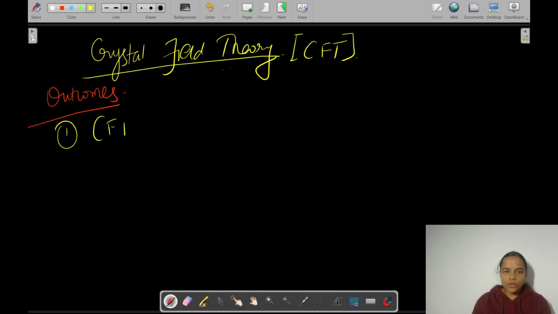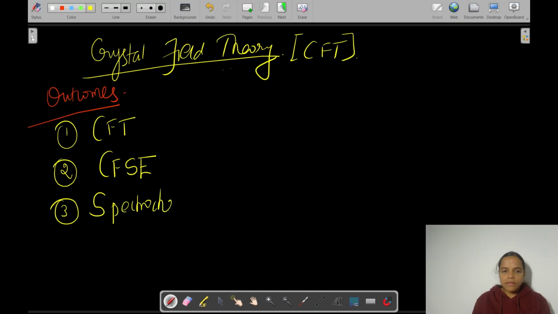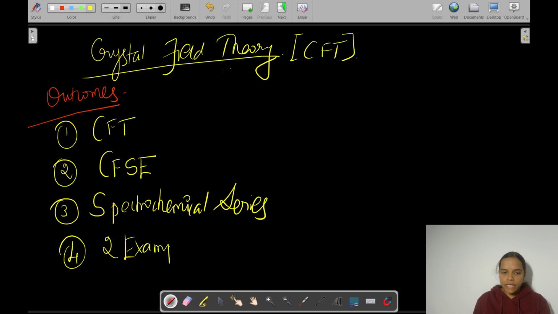See what is the use of CFT, the crystal field theory, and how it leads us to a much more important concept of crystal field stabilization energy. And as a follow up, we will concentrate on the spectrochemical series, and finally we will solve two example numericals from previous year questions. To begin with,